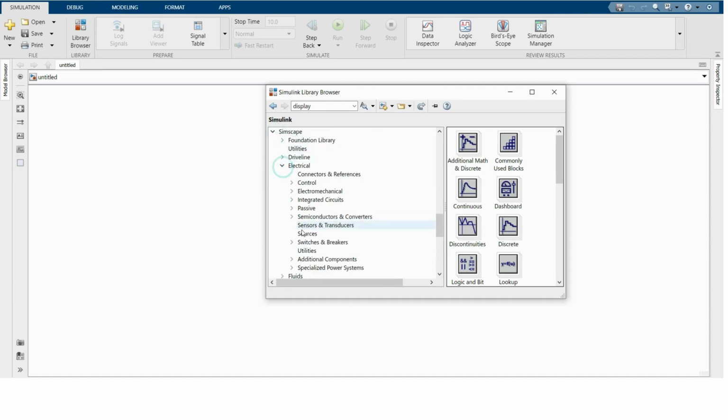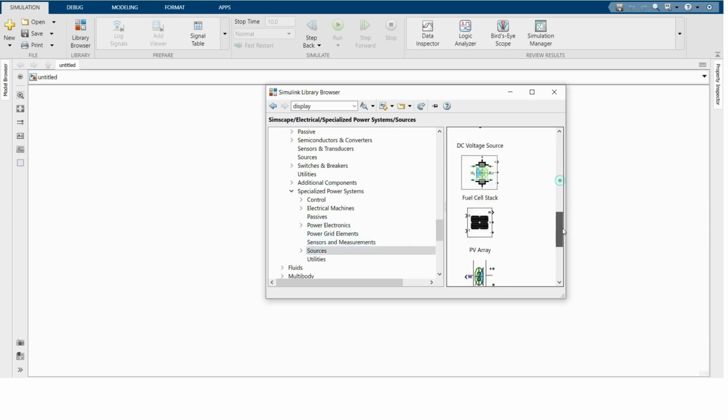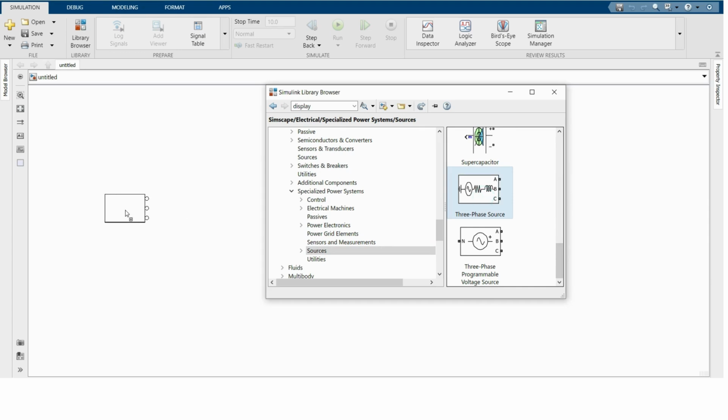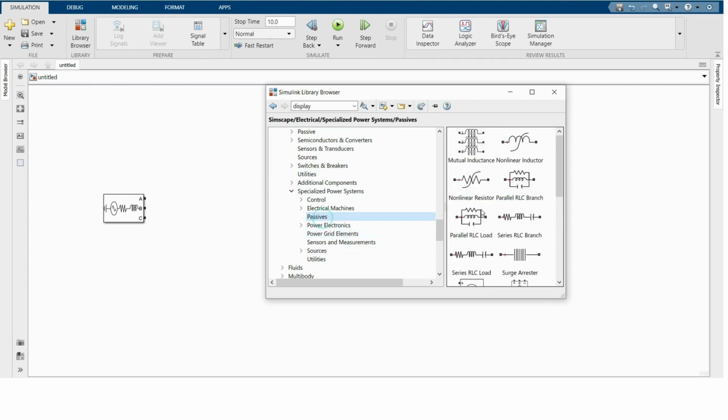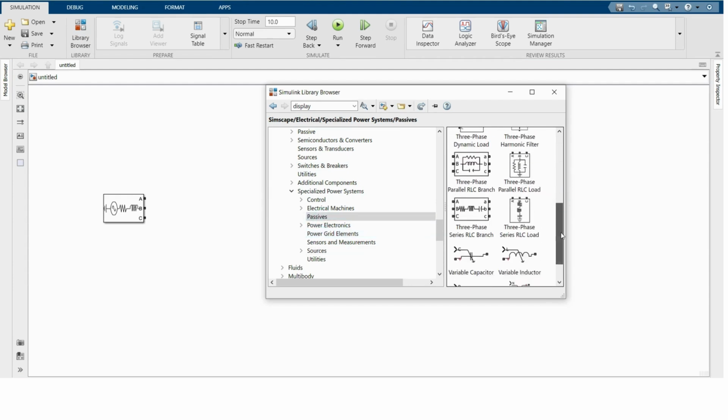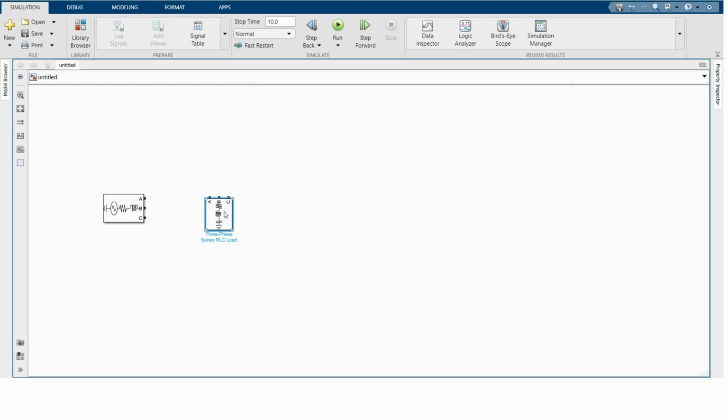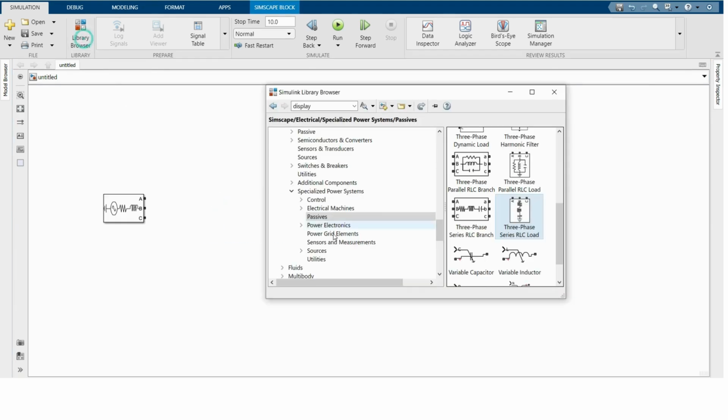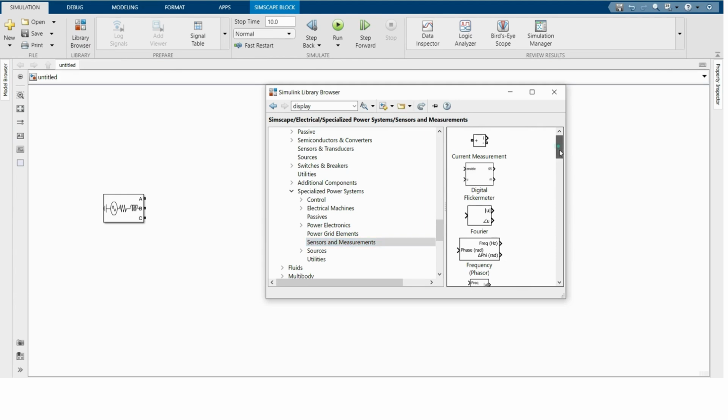Simscape, electrical, specialized power system, and then sources. And we are taking three-phase source. Okay, and we have to take three-phase series RLC load. For that, we have to go passive and three-phase series RLC load. Okay, and for measuring three-phase voltage and current, we have to go sensor and measurement, and then three-phase VI measurement,